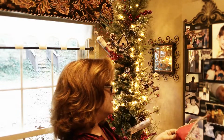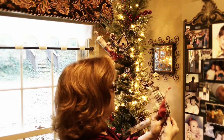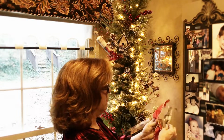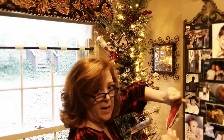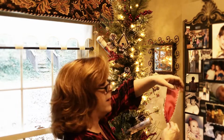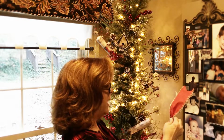So next is I'm going to use the red. So I'm going to come down again, pinch it, and I'm working, holding it in my right hand. I'm left-handed, so I'm holding it in my right hand between my thumb and my forefinger. Now, ribbon